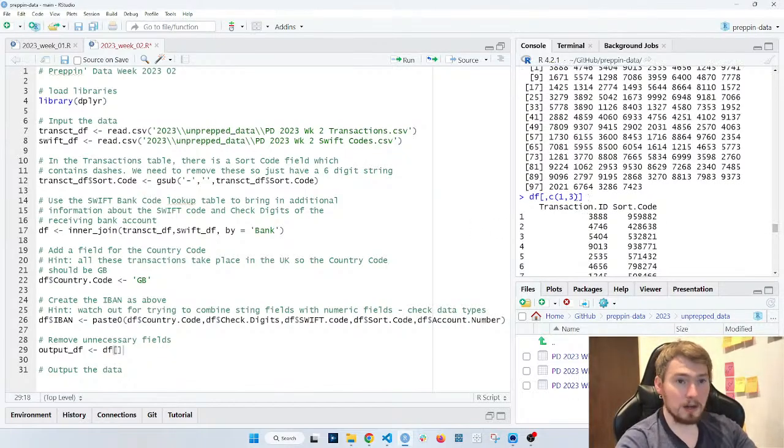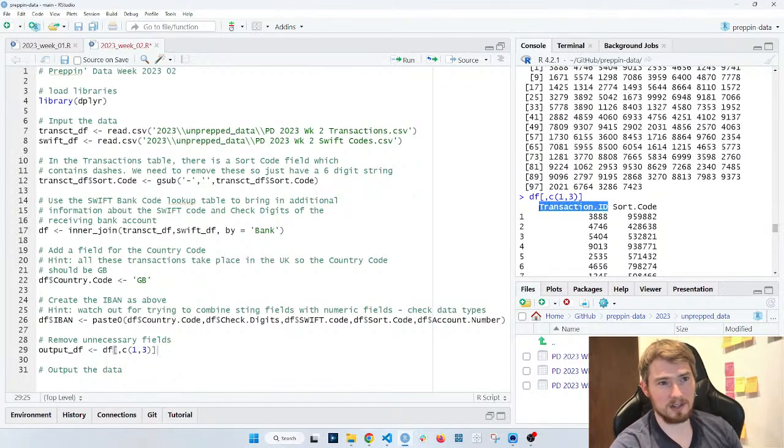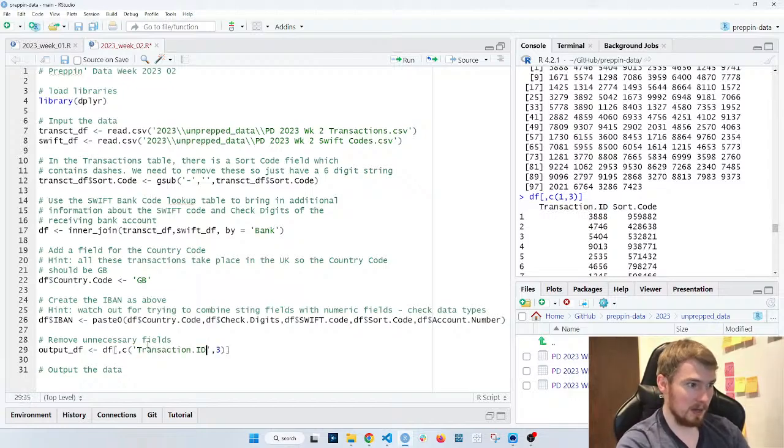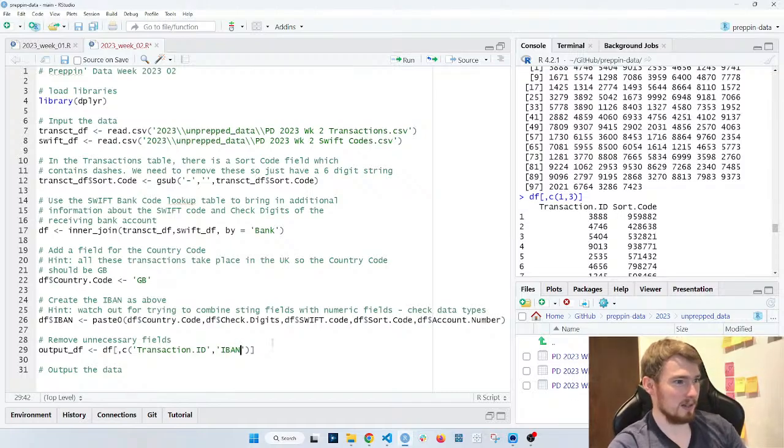I know which columns I want, but I'm going to give them names as well, because if I came back to this code, I may not know that column 1 was the transaction ID. So I'm going to copy and paste that in there as a string, and the same with the IBAN code, because I don't know which column IBAN is in either.